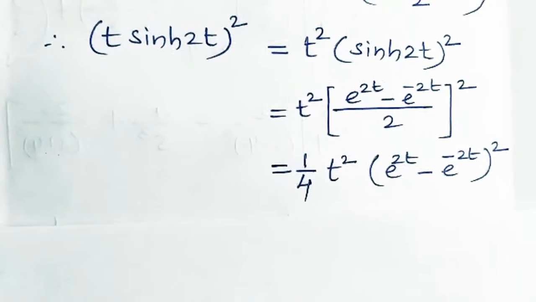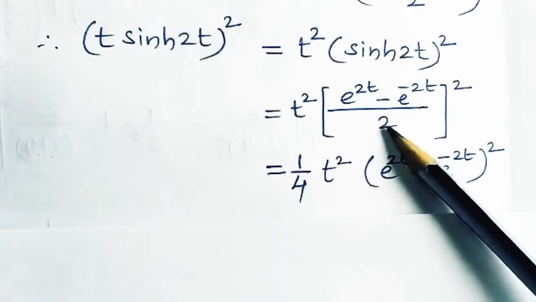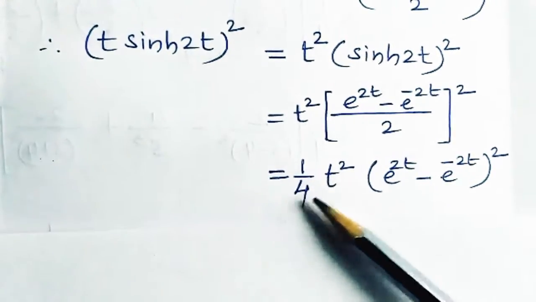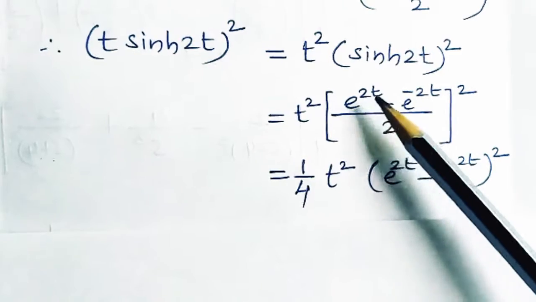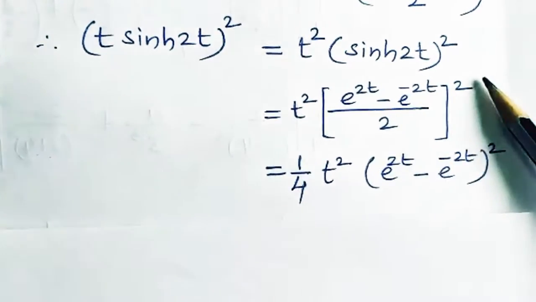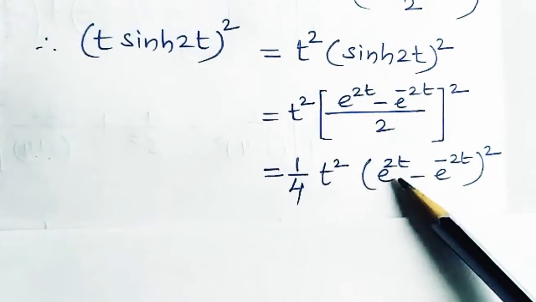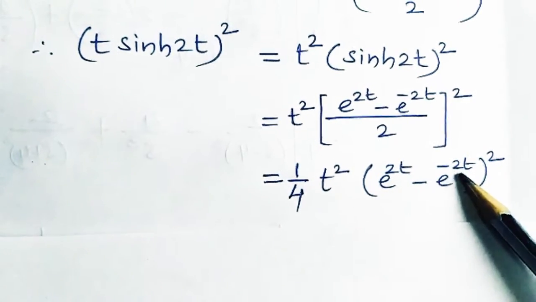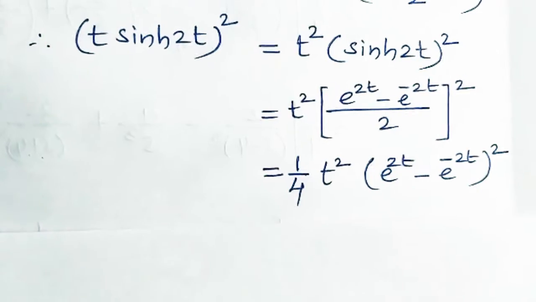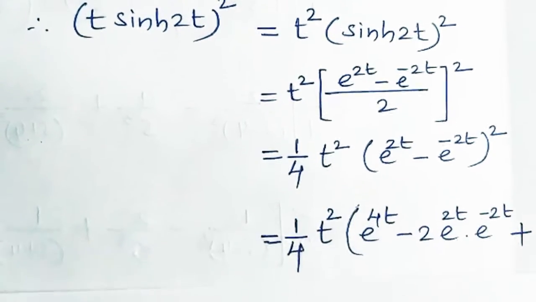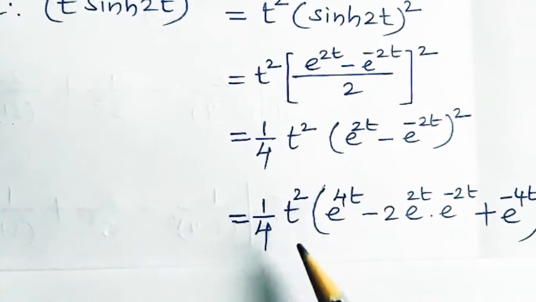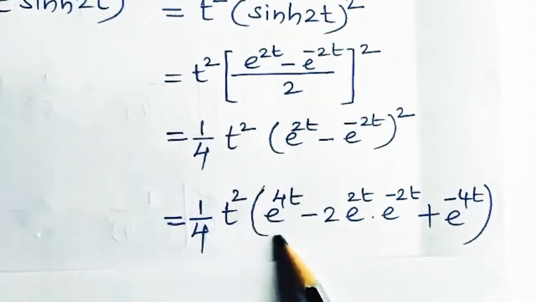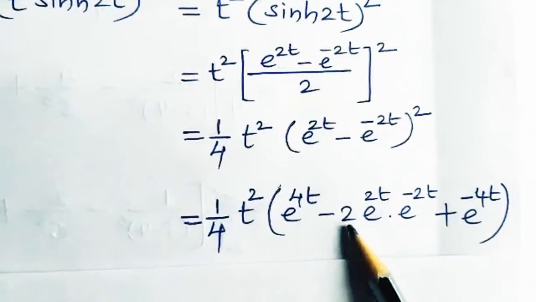So on simplification, the 2 we can take outside, it's a square which is 1 by 4 t square, and it resembles (a minus b) the whole square. Or else we may rewrite once again (e to the power of 2t minus e to the power of minus 2t) bracket square, which is (a minus b) the whole square. So that is 1 by 4 t square, that is a square, e to the power of 4t